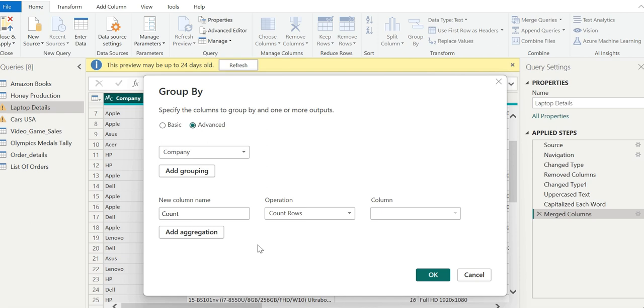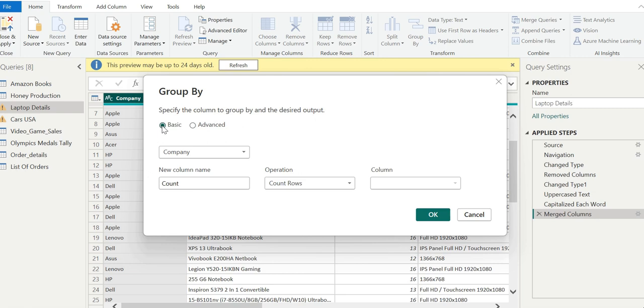For now, however, let's keep things simple and switch over to the Basic view. Just to summarize, we are aggregating values based on the Company column. The aggregation operation is to count the number of rows corresponding to each company, and the new column will be named Count.